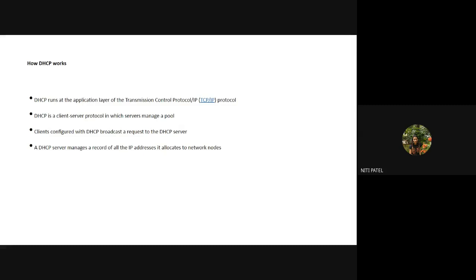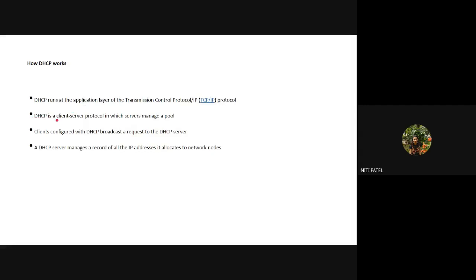The same IP address should not be assigned to two systems operating at the same location on the same network at the same time. DHCP runs at the application layer of your TCP protocol stack. Every one of us knows that there are two kinds of internet connectivity layers that we use: one is the TCP stack and one is the OSI layer stack. OSI has 7 layers. Your TCP/IP internet stack has a total of 5 layers. Out of it, your DHCP operates on the application layer.